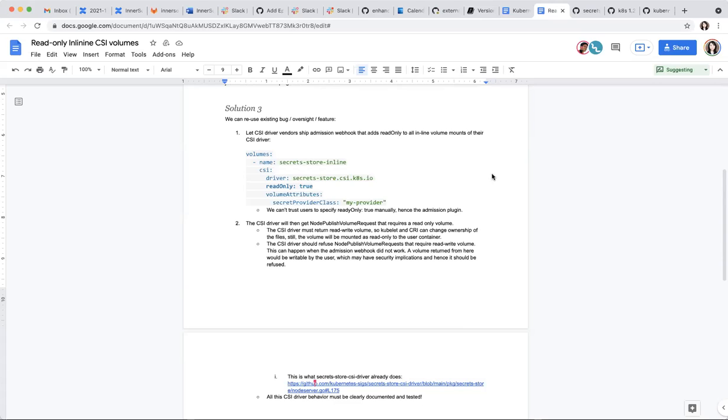This is inline CSI ephemeral volume, which is already a Kubernetes extension. This is not in CSI. We use already some extensions of the protocol in kubelet for this. So we can codify something just Kubernetes specific here. This is okay.